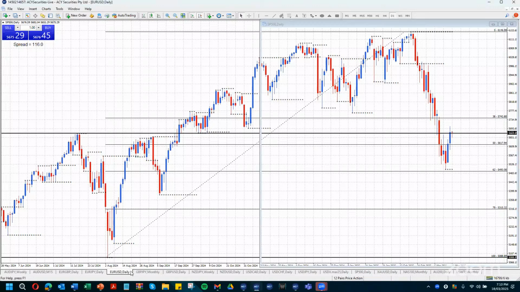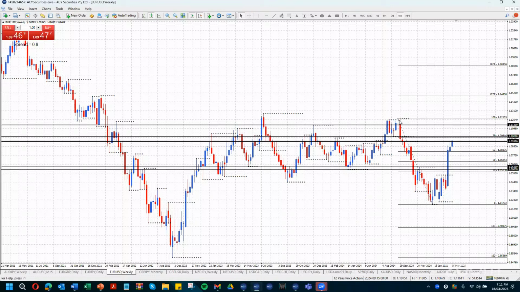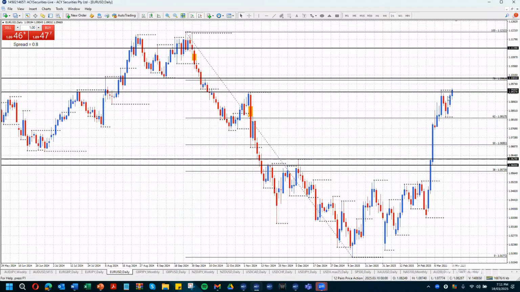All right, euro dollar, very clearly a new high is being formed. It's very strong up here. I would not be trying to get short. Next major level is at 110, the 79% level, which is 109.91 of this major range here. I'm inclined to think that this may come up to test these highs up here. It's very strong. I would need to see some significant signal on the daily chart before I would look to get short.